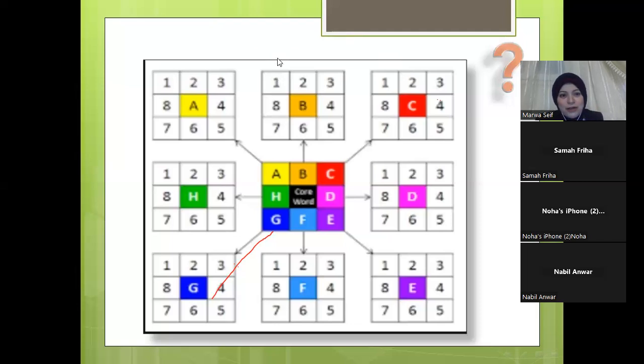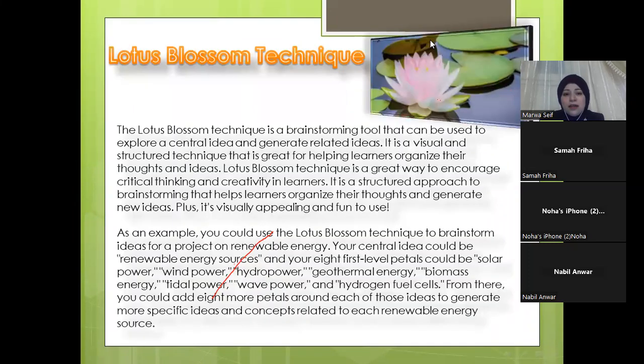Okay, let me tell you about it. Let me check the chat box. Sudoku, it reminds of a lotus, Mrs. Sameh, wonderful, excellent. That's it. It's called the lotus blossom technique. This technique is called the lotus blossom because it's like the plant, which is the lotus blossom flower. It's having